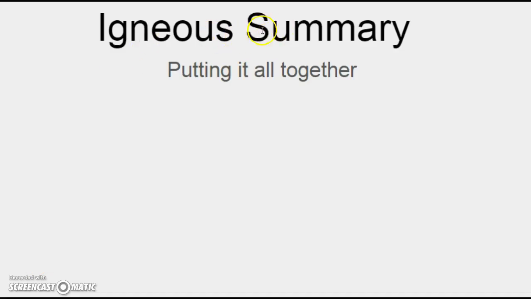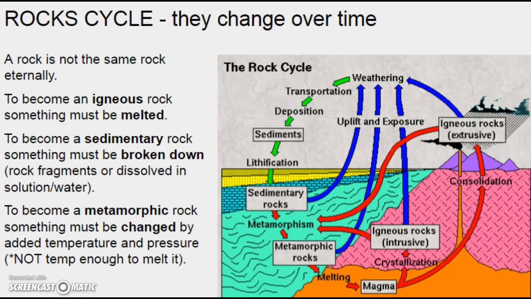So here's an igneous rocks and processes summary. We're going to put it all together. It starts off with the rock cycle. The rock cycle identifies how a rock is not the same rock eternally. It's not forever. To become an igneous rock, something must be melted. Generally we call it magma when it's in a liquid stage within the earth, and that's lava on the